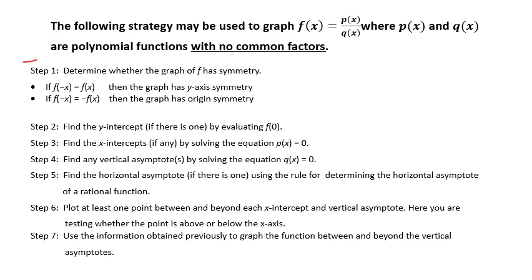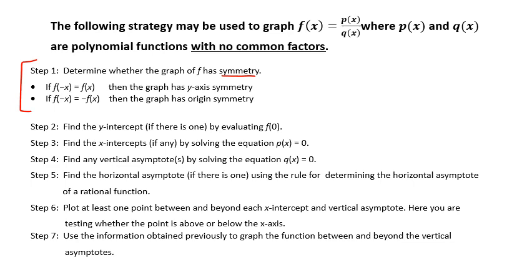Okay, so step 1, symmetry. Does the graph have symmetry? This is the one step out of the 7 which I would say is optional. Knowing if a graph is symmetric, sometimes it makes it a little bit easier when you're down here in step 7 when you're actually graphing. But we could do without it if we need to, but it's here, so we're going to do step 1,